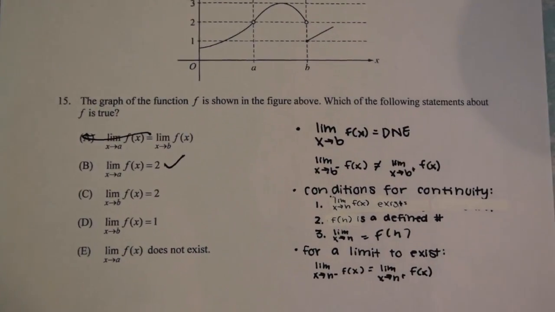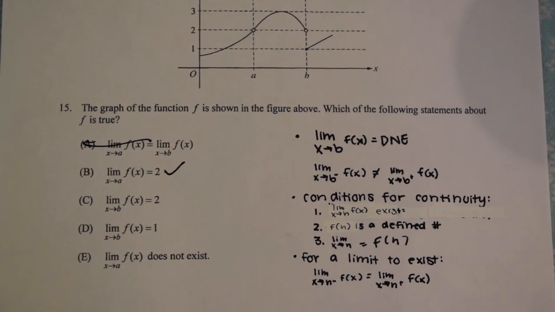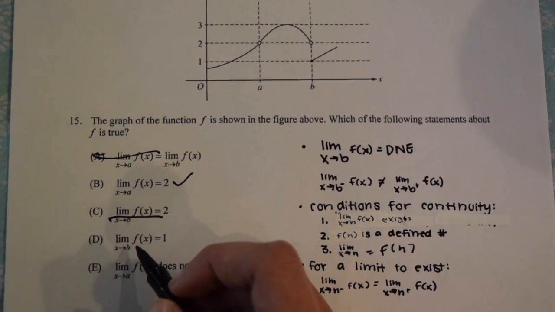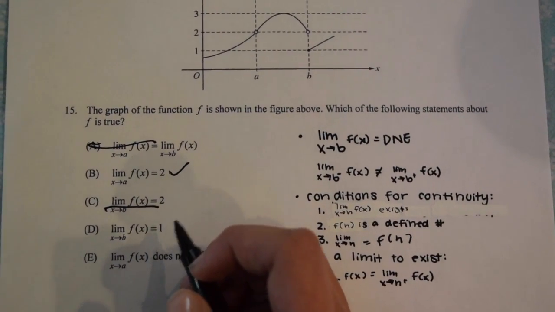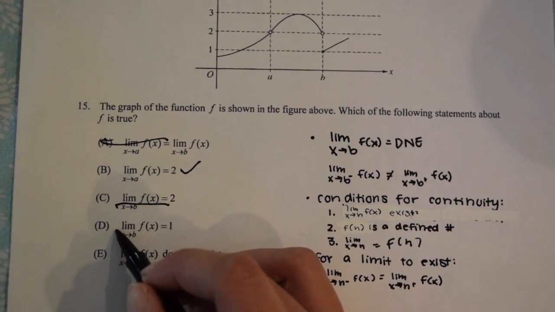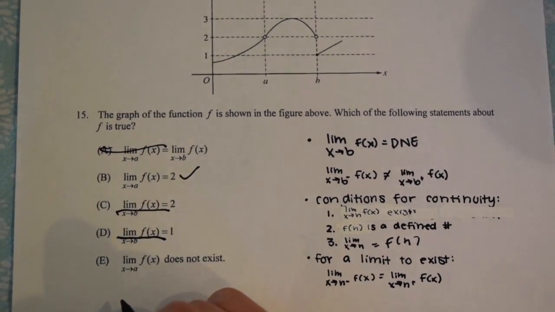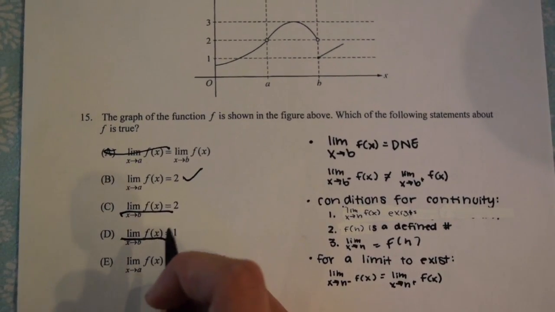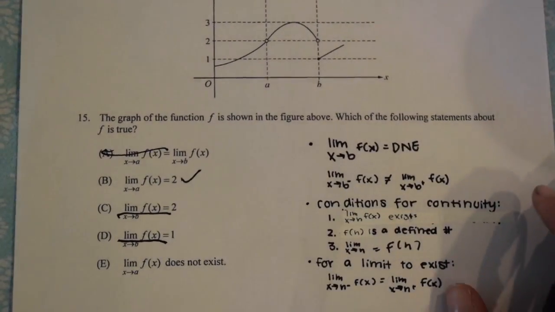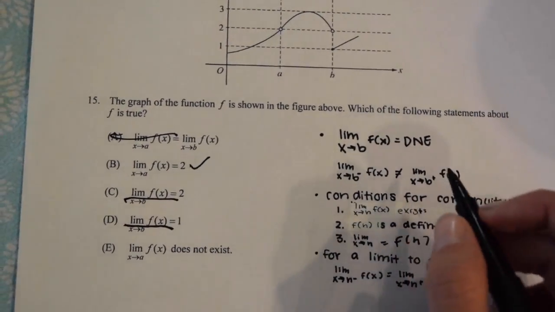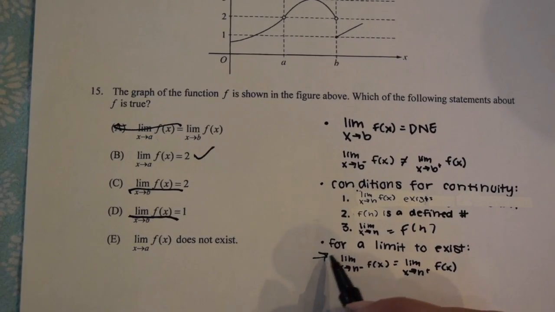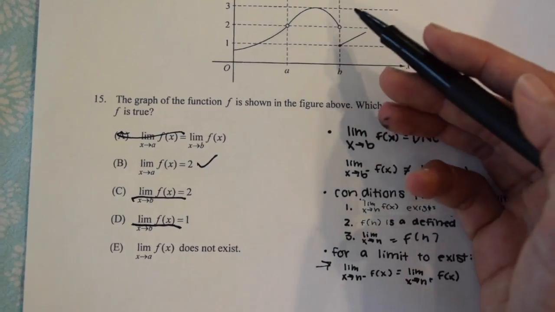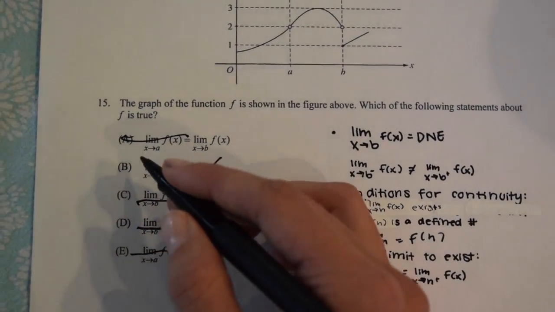Part C says the limit as x goes to b of f of x equals 2, but that's not true because the limit as x goes to b is not defined. The next one says limit as x goes to b is 1. That's also not true because it's undefined, so there is no limit as x goes to b. The final thing, the limit as x goes to a of f of x does not exist. Well, at first that might seem like a good option. This is not true because for a limit to exist, the limit as x approaches a from the negative and positive side must be equal. Therefore the limit exists and this is not true. So we can select answer option